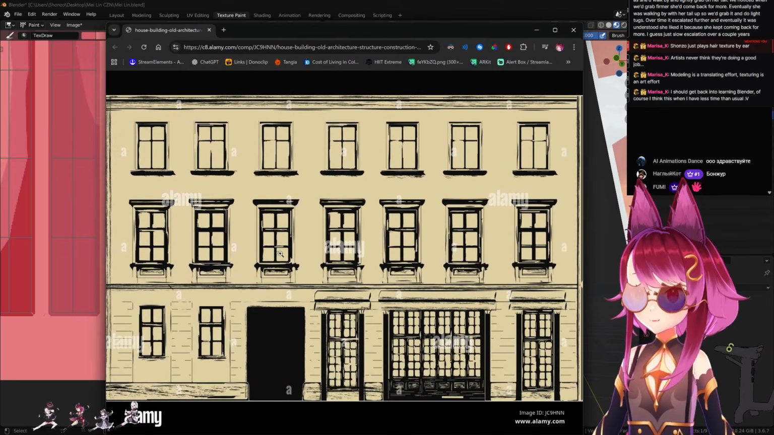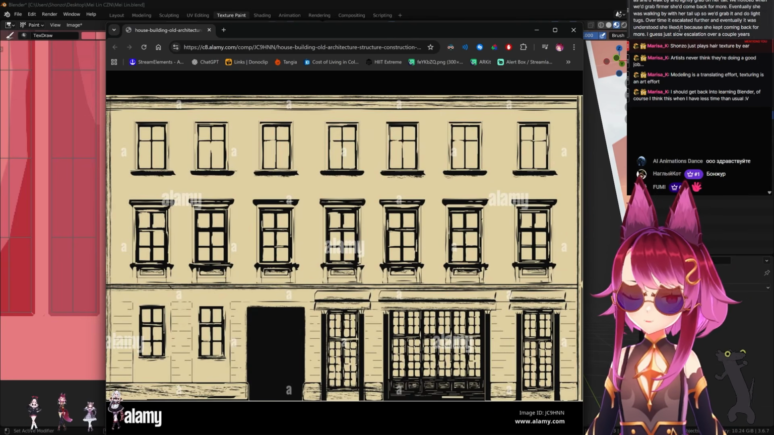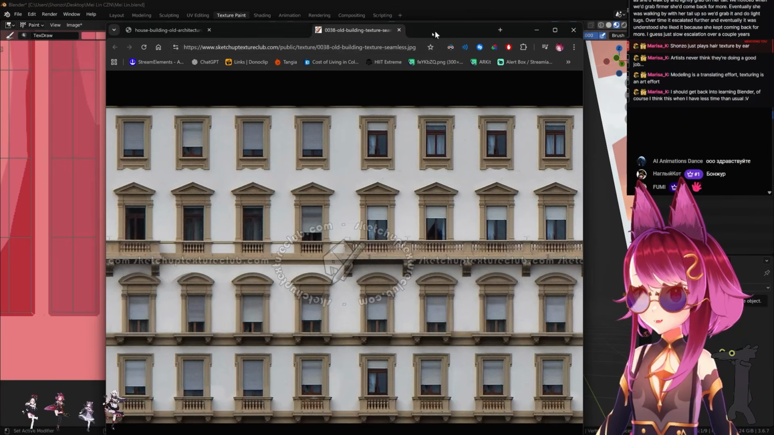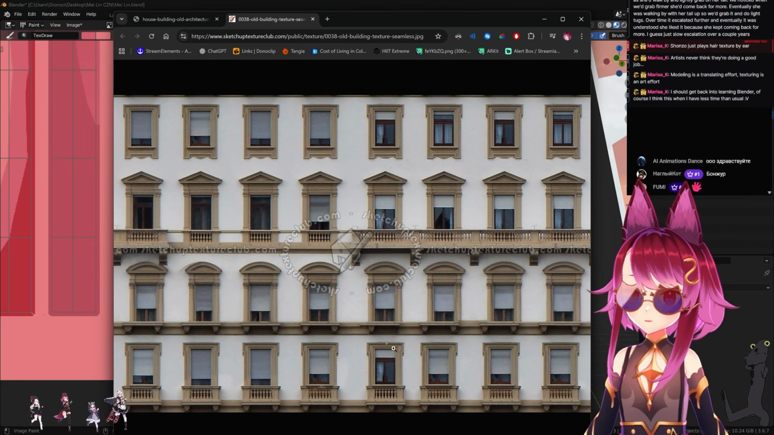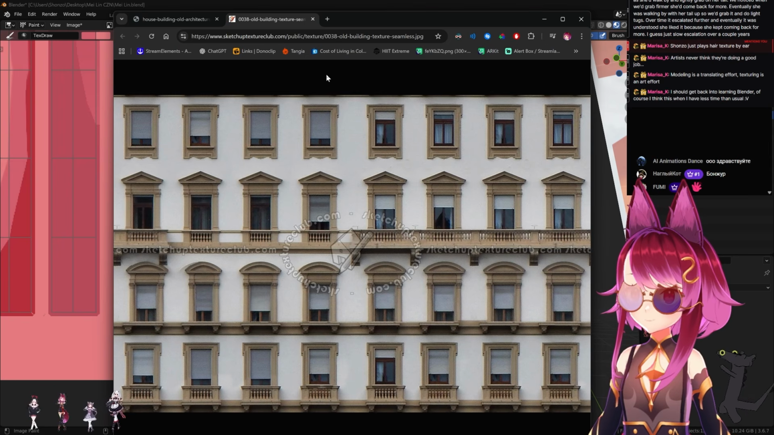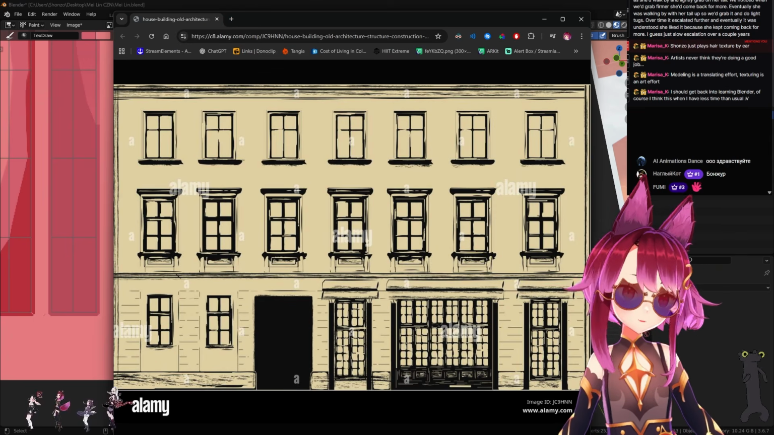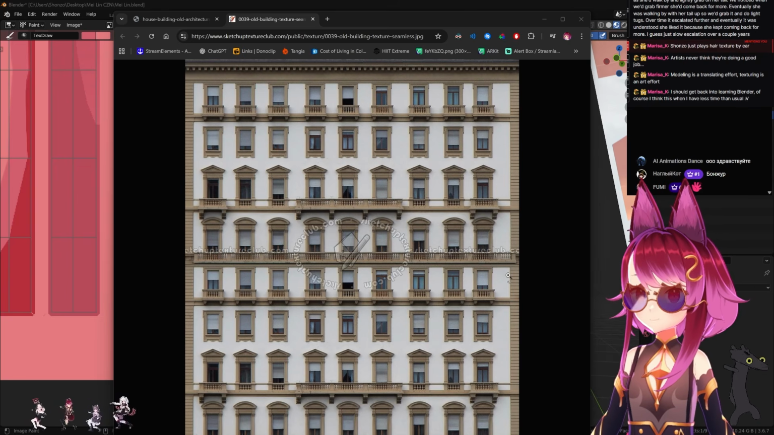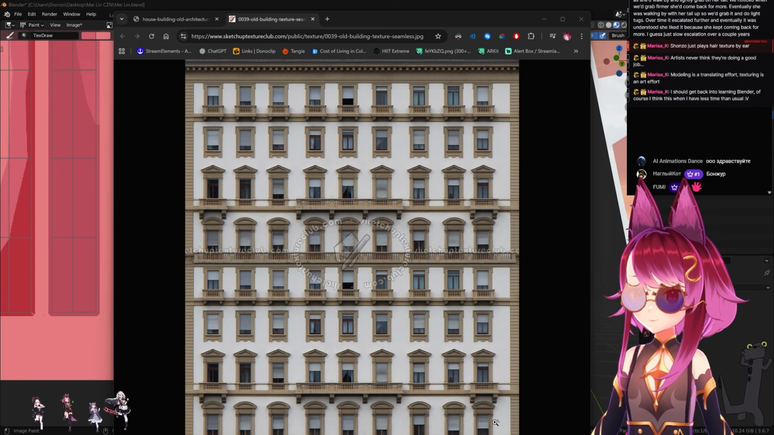Something like this, but not black and white. Try to find something more like this as well, or maybe if you can find a full-on building, that would be better. So basically what you do is you put this picture in Blender, you UV map your image on top of it,